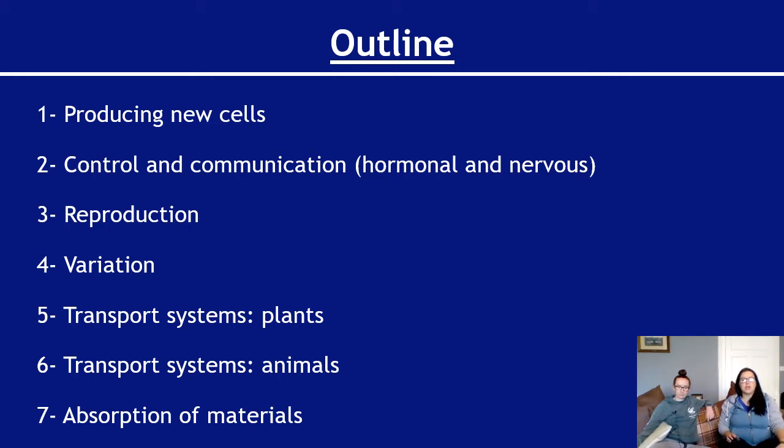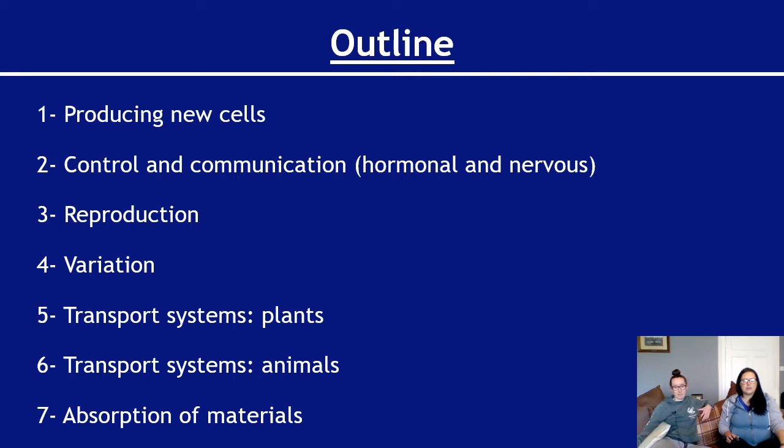So the idea is we're looking at how cells manage to make more copies of themselves, and we'll be looking at a special type of cell called a stem cell and how it manages to keep us alive. The second key area is split into two parts. It's all about control and communication. The first part is the nervous part, which is looking at the brain and the nervous system and how reflexes and things work. And the second part is looking at hormones, specifically blood glucose levels and